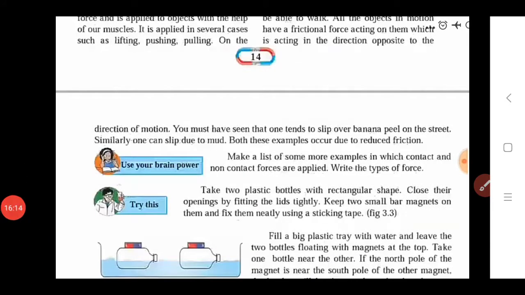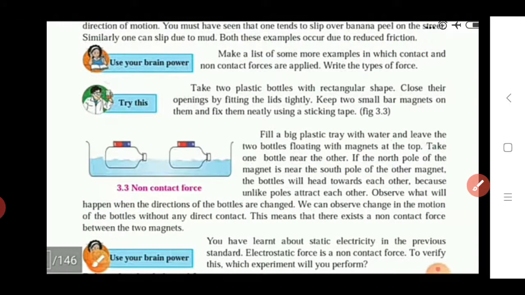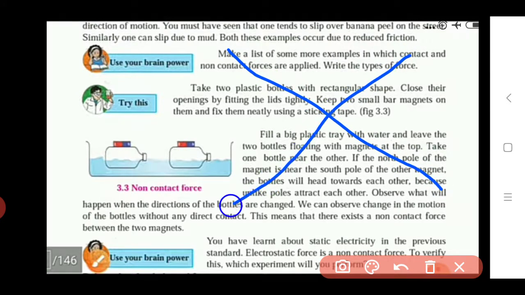Okay, so in our textbook, these points will be reduced from your syllabus. Which points? The use your brain power. Also the try this activity. This whole activity gets reduced. So this is not in your syllabus. So I cross-mark this whole activity, that is use your brain power, try this, up to this. All this activity is removed from your syllabus. Also use your brain power, this point also gets reduced. Okay, sorry, this question